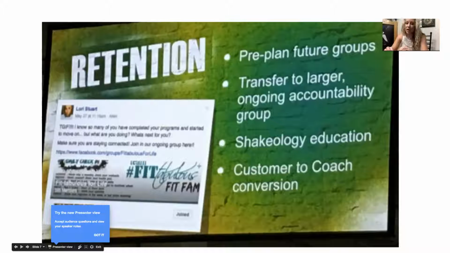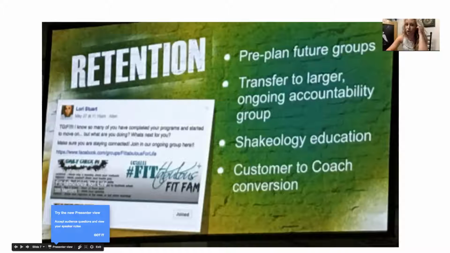The reason why this is a good idea is because whenever you're promoting a week in advance, you're not scrambling. You already have the cover photo made for your group. You already know what day you're going to promote, what day the group is going to be set in motion. So it's not a last minute thing and it just flows better. There's no scrambling going on, which I'm guilty of doing. So if you are going to pre-plan your groups, you're probably going to be more successful.